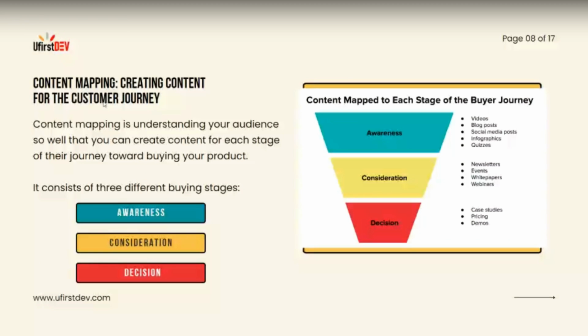So what you are doing in content marketing is creating content for their stages. We mentioned that we have three types of stages: the awareness stage, the consideration stage, and the decision stage. We treated the awareness stage last week, and today we'll be going to the consideration stage. So on the awareness stage, we talked about